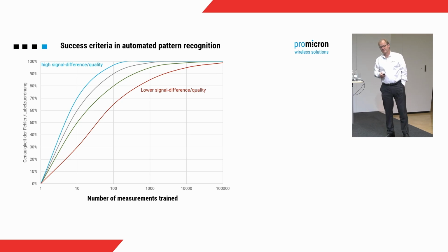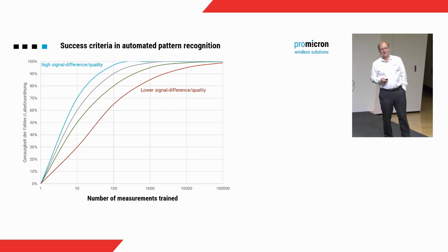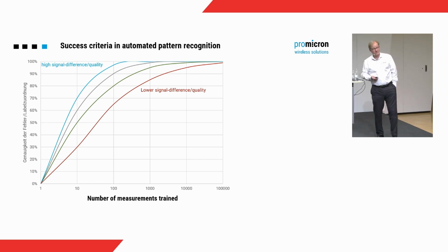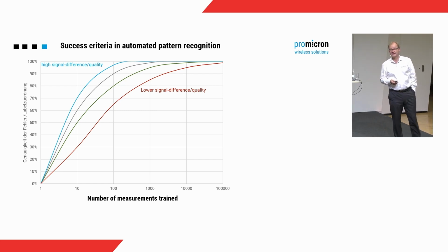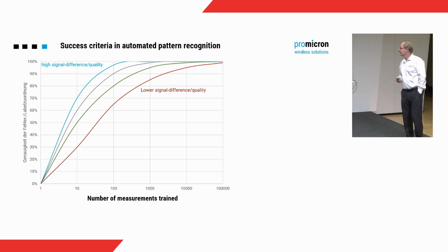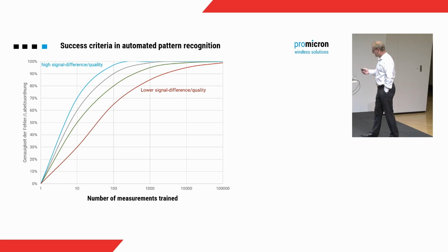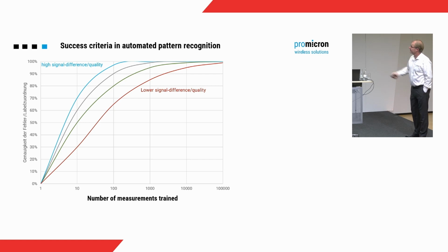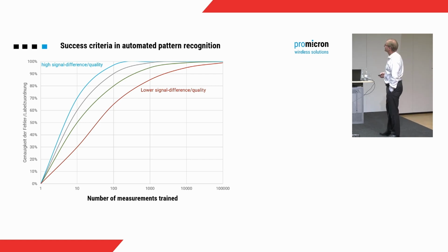Now, this is the basis of a lot of data. And we all know, and Volker Kreidler, that speaks after me, will be able to pick up on that much better than I can. To have the benefit of artificial intelligence, you need a lot of data and you need good data. So if we have the number of measurements trained on this action and the quality of the data, the exactness of it on that axis,